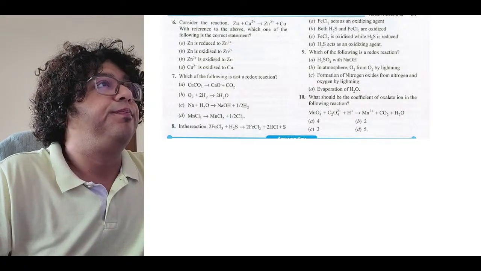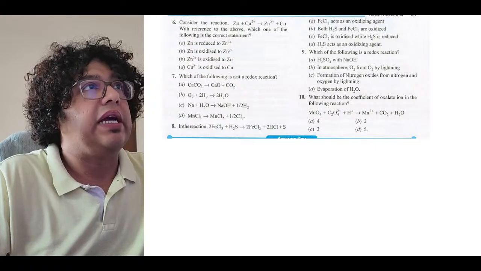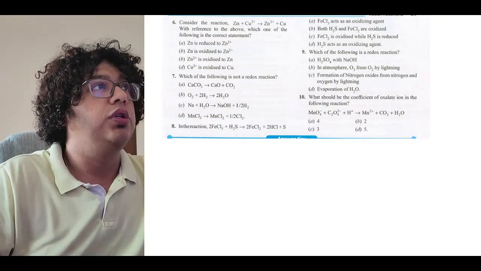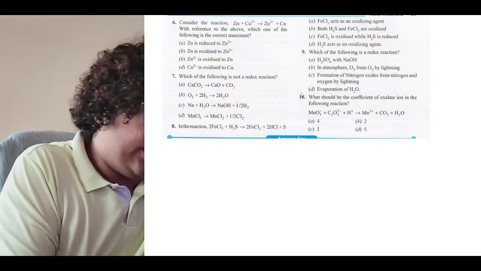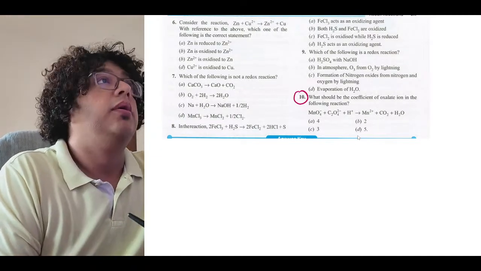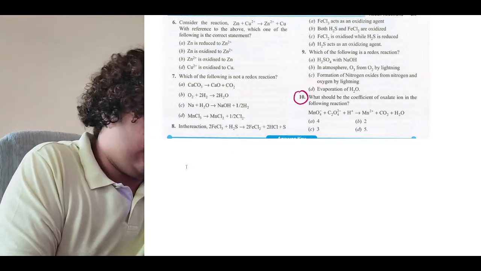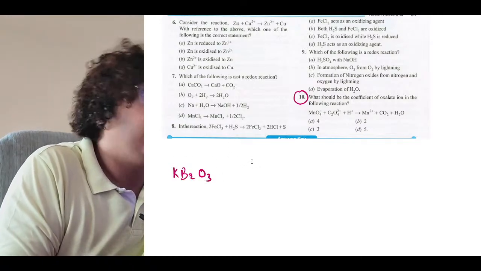Okay, so let me give you a very simple, interesting reaction. This looks good. So by the time the rest of you are doing question number 10, those who have done exercise 2, please do this question. What you have to do, obviously, is balance the reaction.